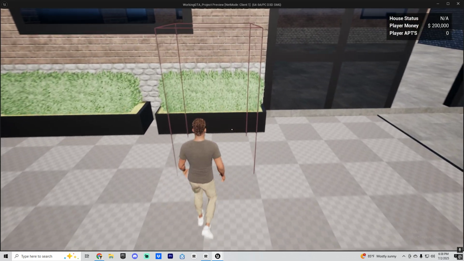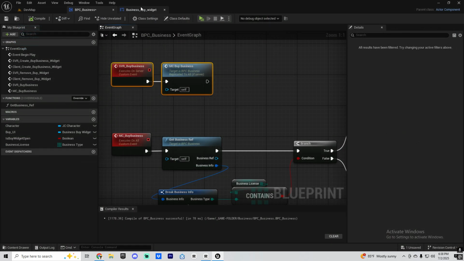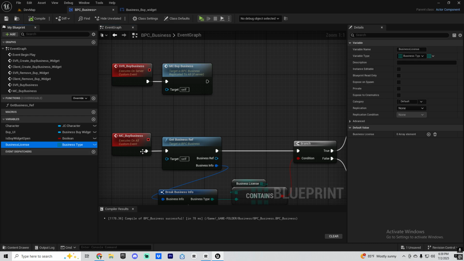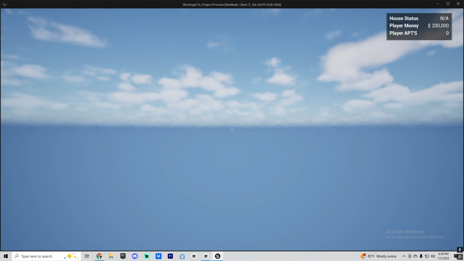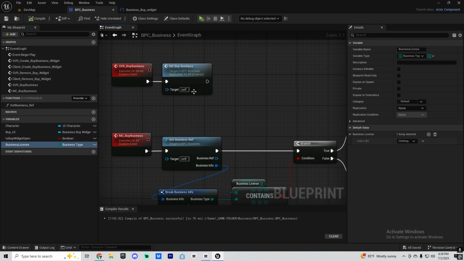Now if we try, we click this, see it says can't buy. But now if I go in here, and I believe this one is a clothing, right? So if I add an array and it says clothing, now it's gonna say can buy. See, now that means I have that. So for now we're gonna remove this,